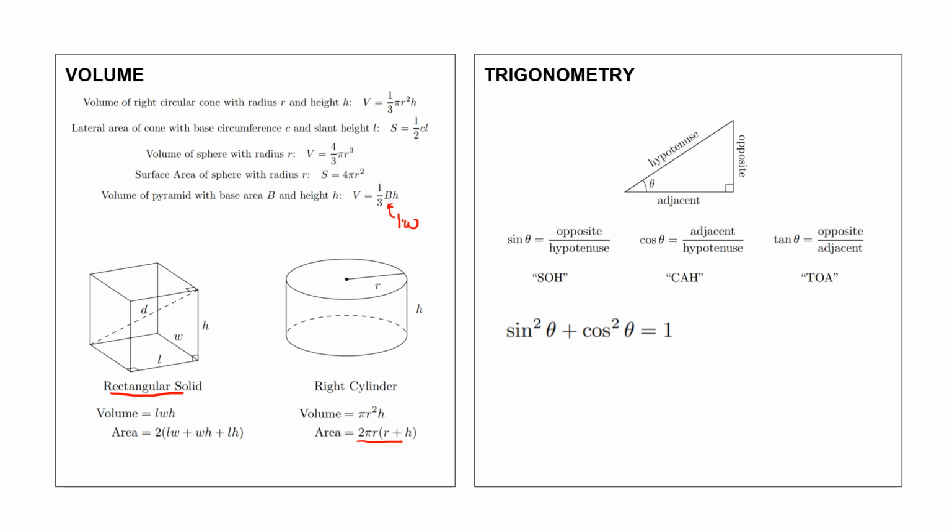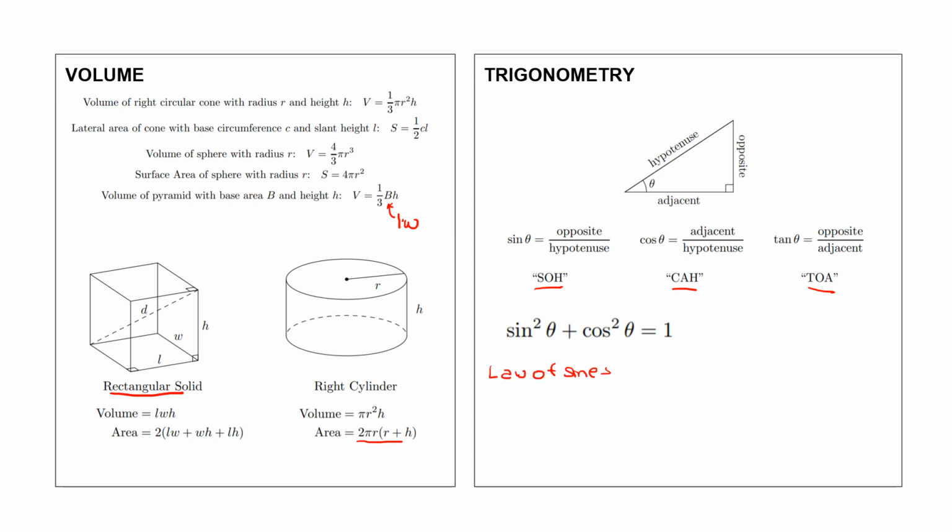For trig, the most important mnemonic to use is SOHCAHTOA. This tells us that the sine of an angle is equal to opposite over hypotenuse. The cosine of an angle is equal to adjacent over hypotenuse. The tangent of an angle is equal to opposite over adjacent. And for this, you can just refer to this right triangle over here. Now we also have a special property in trig where sine squared theta plus cosine squared theta equals 1. In addition to that, we also have the law of sines,